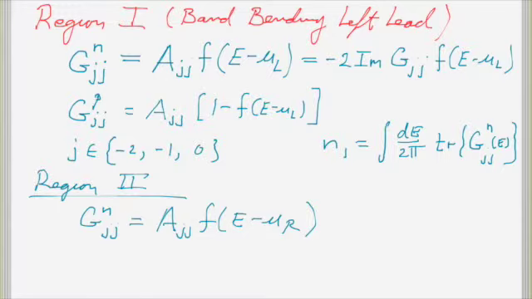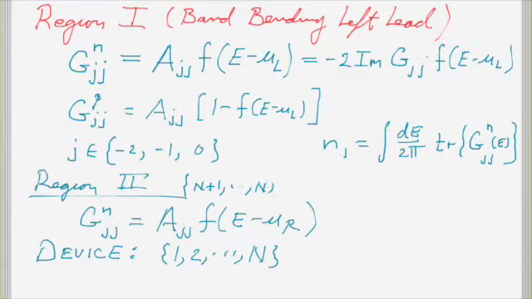The same form. And then in the device, we have to use our non-equilibrium expressions. So the device, our nodes 1 through n. Region 2 was our n plus 1 to n plus 3, I guess. That was region 2. So in the device, nodes 1 through n, we have to use our non-equilibrium expression, which is